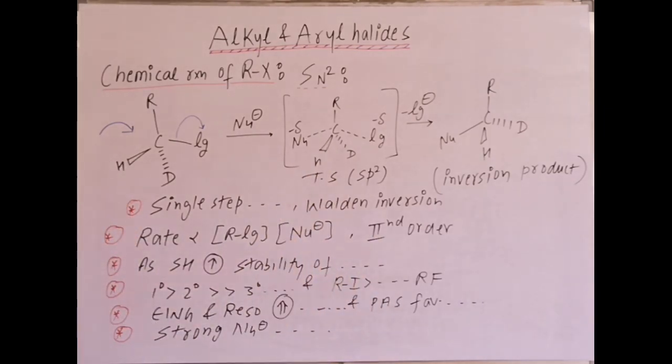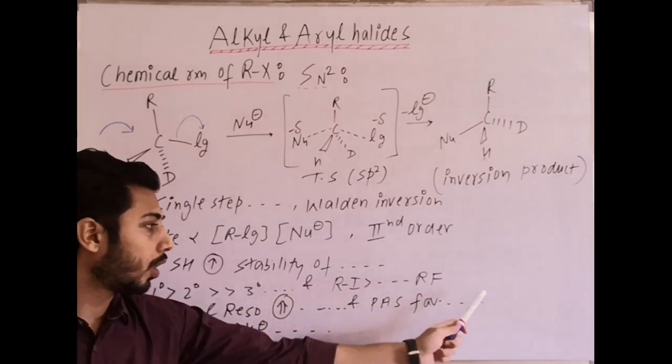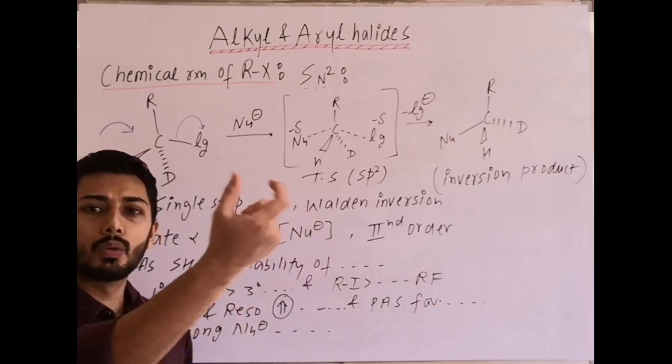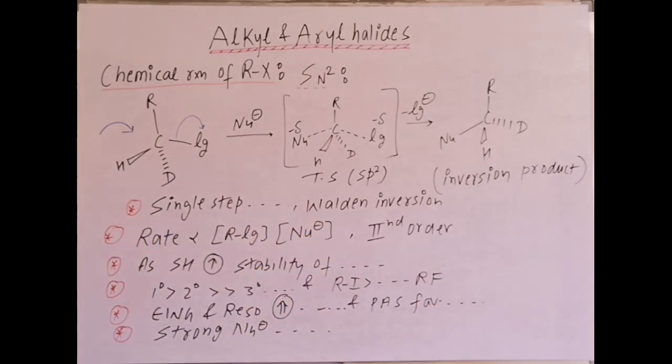You can write these points, or you can mention in your notebook the time of the video, so that you can go through that part again later on. Then reactivity order is primary fastest, then secondary alkyl halide, least or no SN2 for tertiary. Remember, no SN2 for tertiary. The reason is that it is heavily sterically hindered, so it will preferably go for elimination reaction. And the reactivity order is RI, RBr, RCl, RF. If we have the same R group and halogens are different, fastest will be for RI, because the leaving group ability of I is better as compared to other halogens.